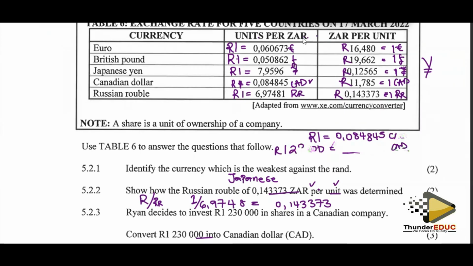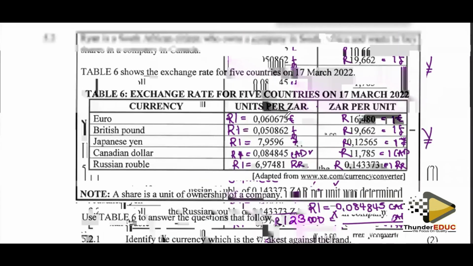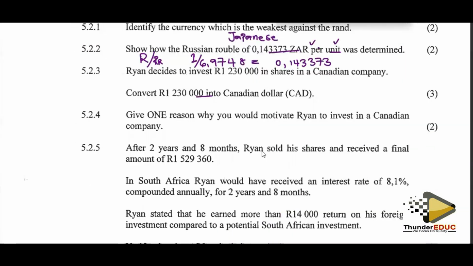So simply meaning you're going to multiply. Or you can use this other second method here. This is rand, only 1 Canadian dollar. Come with. So here you're going to divide. So you take this money here, by